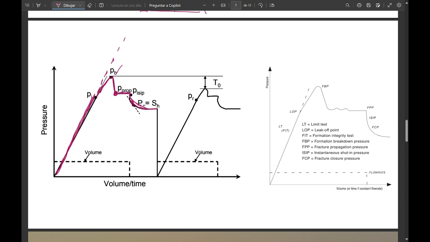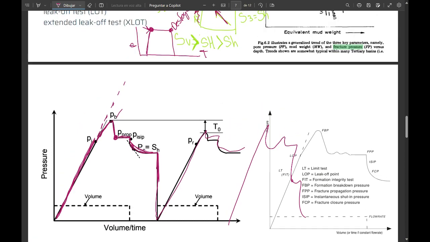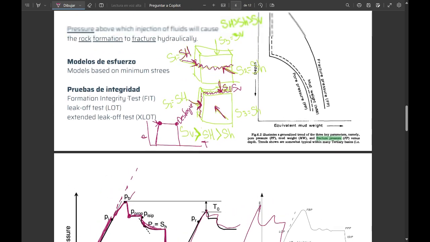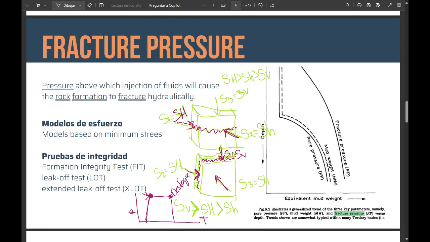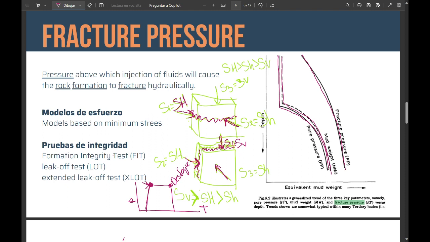Here we have that the fracture is having a propagation, and suddenly we have a shut-in pressure, so the fracture finally is gonna close here, okay, so this is gonna repeat, and it also can have 3 tests more, okay, and for all of this, this figure before we have illustrates the pore pressure, the mud weight, and the fracture pressure. When we are making a design of a casing, we get